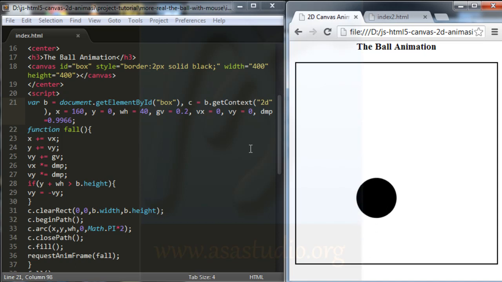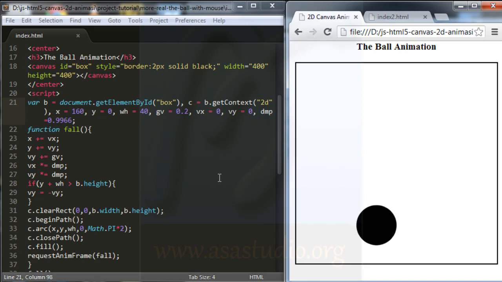Okay, maybe like this. And next step, maybe I add a function. If I click the mouse, the ball follows with a reaction.